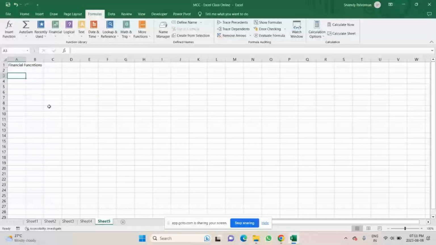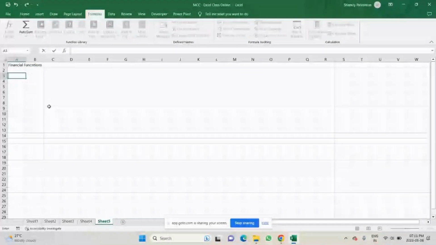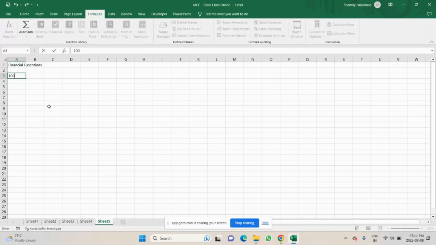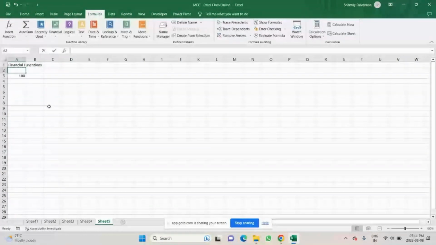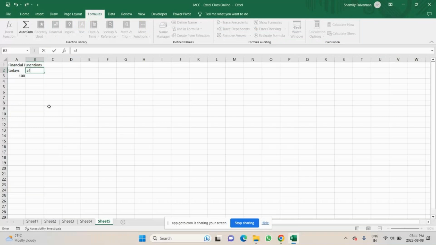For example, let's go one by one. Today I will invest 100 rupees. After 3 years, how much am I going to receive? This I need to find. You can invest anywhere. For example, we are investing in an FD, a fixed deposit. If I'm depositing 100 rupees in a fixed deposit for 3 years, then after 3 years, how much am I going